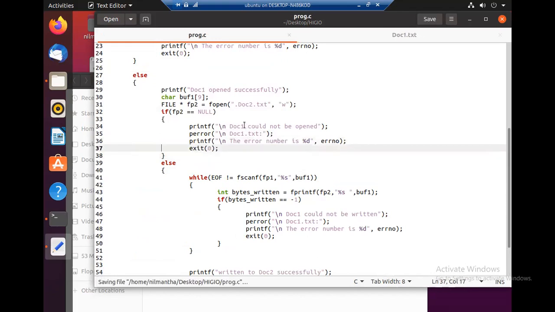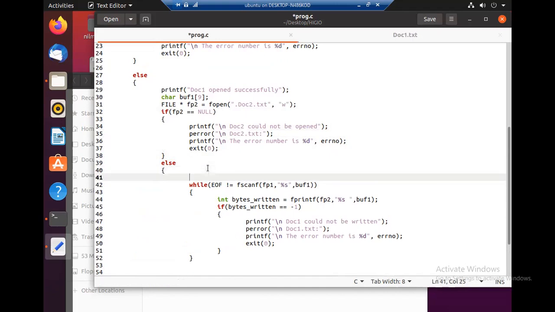Now we'll say, document2 could not be opened, like that, and exit. Otherwise, you have to print that document2 was opened successfully.